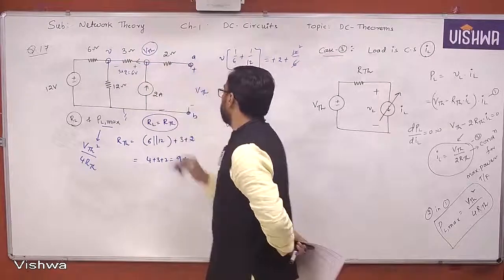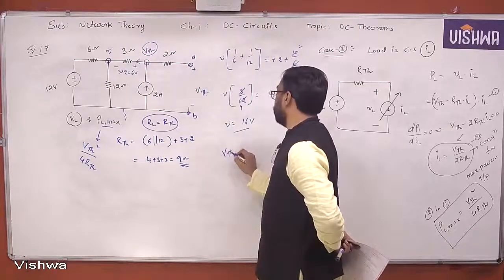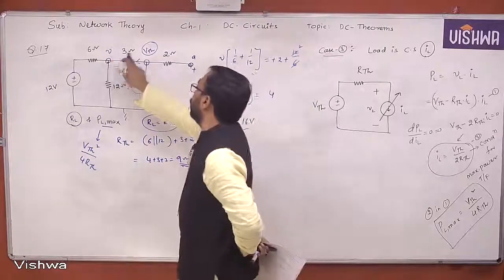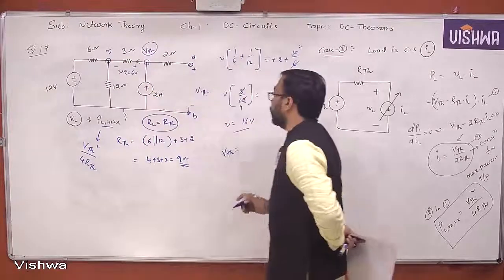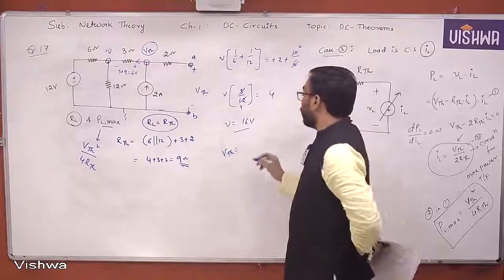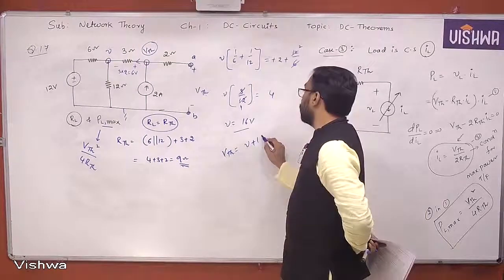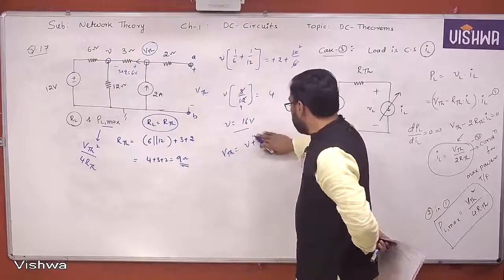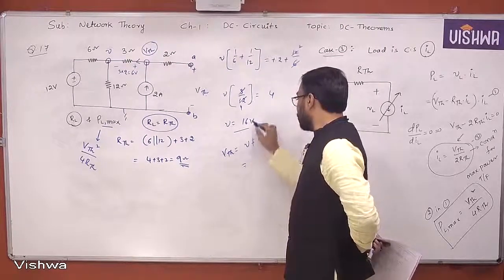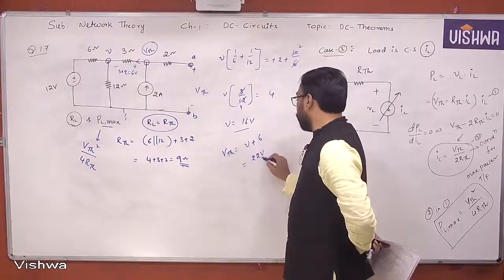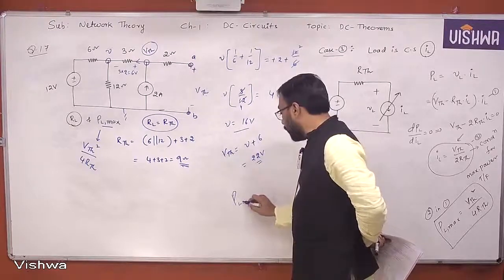Now this is VTH. Jump from this point to this point, then VTH will become... You are jumping from lower to higher, you take the voltage. Yes or no? So V plus 16, sorry, 6. V plus 6 volts. But already V is 16. Therefore, how much is it? 22 volts. Therefore, now PL max will become